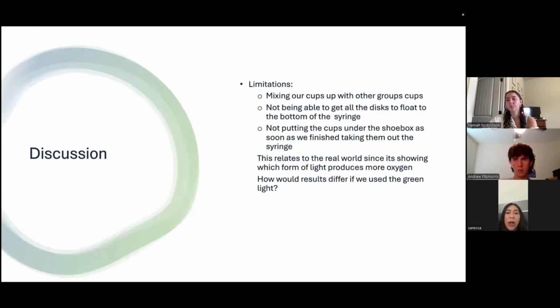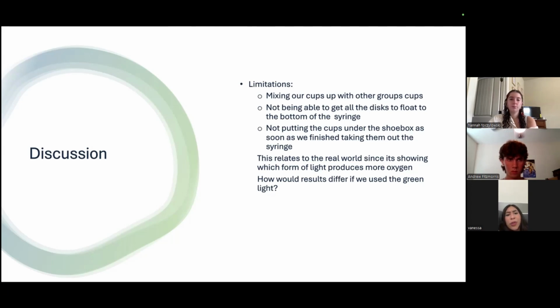For our limitations, we mixed our cups up with other groups' cups. We were not able to get all the discs to sink to the bottom of the syringe while we were trying to get the oxygen out of the water and the spinach. We also did not put the cups under the shoebox as soon as we took the discs out of the syringe. This relates to the real world since it shows